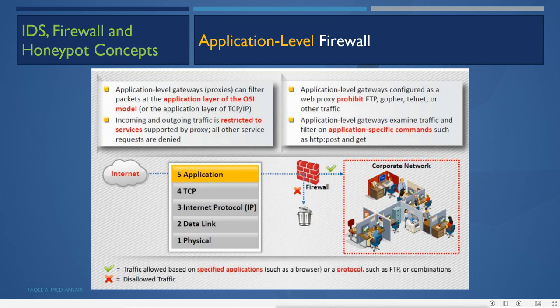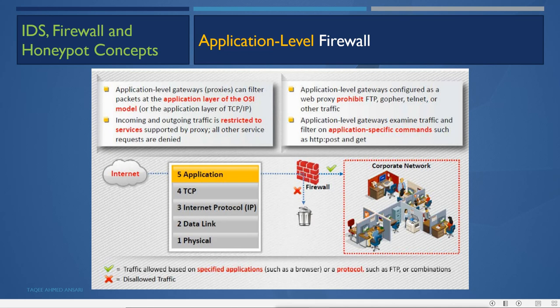Proxy means we create a proxy for HTTP, FTP, or other web services, so that all the clients go to the internet through the proxy server. If they are all going through the proxy server, that means the proxy server will be sitting on the gateway. So it is also called an application level gateway.